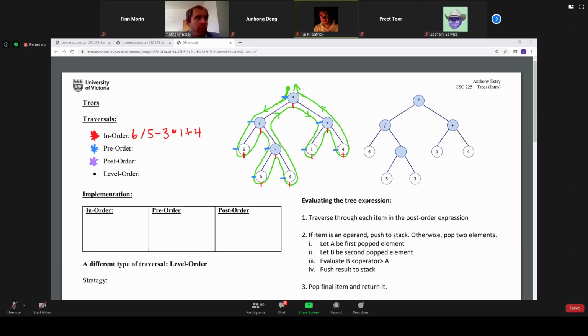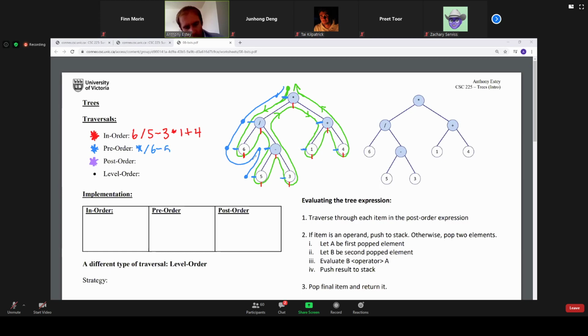And post order, it's when we go to the right side. So again, for pre-order, we're going to start at the very top again, and we're going to see that we first went to the left of this multiply, then we can keep going, then we went to the left of the divided by, then we can keep going, now we're on the left of the 6, then we can keep going, now we're on the left of the minus,